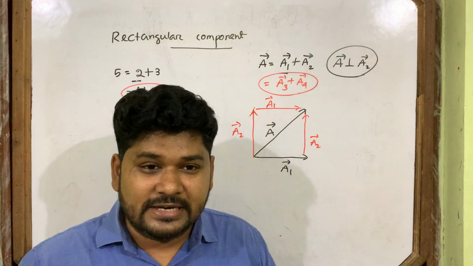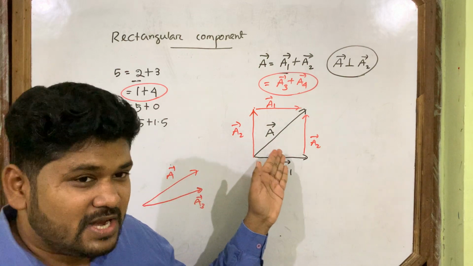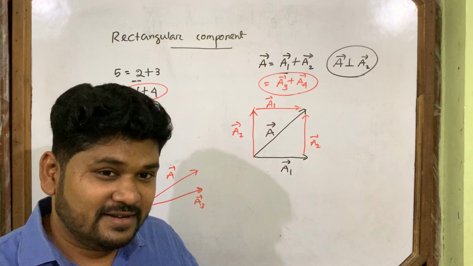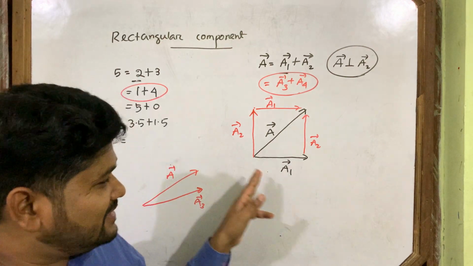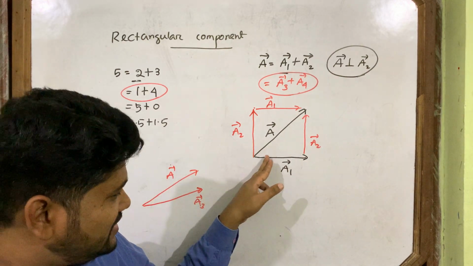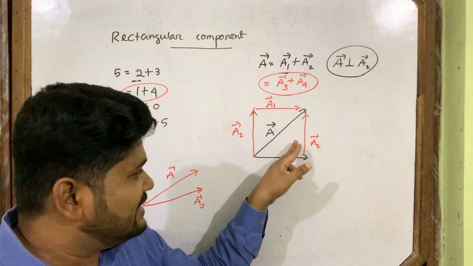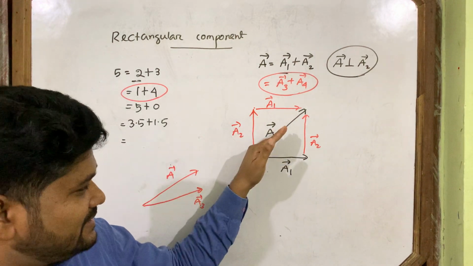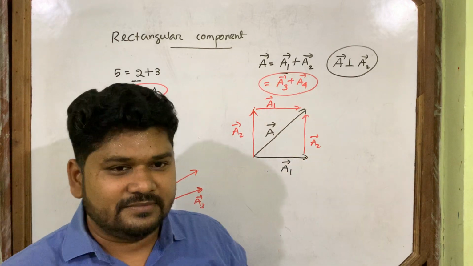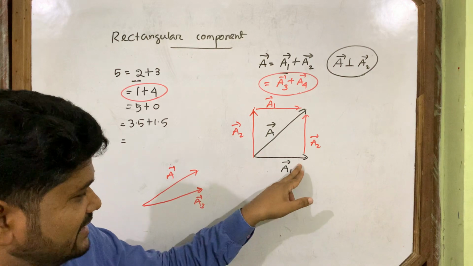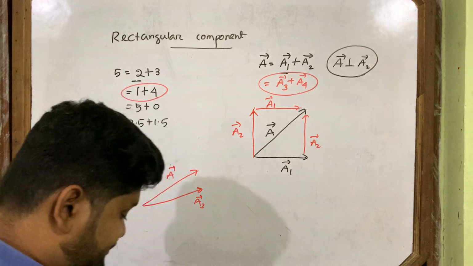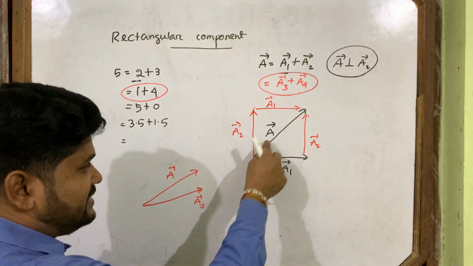If we look again minutely, this is a parallelogram, but more than that, what is this? More than that, it is a rectangle. This is nothing but one rectangle. a1 and a2 are two sides of the rectangle, because the angle of this parallelogram is 90 degrees. So it is a rectangle. When a vector divides into two components, they become the two sides of the rectangle which forms. Hence, they are called rectangular components.